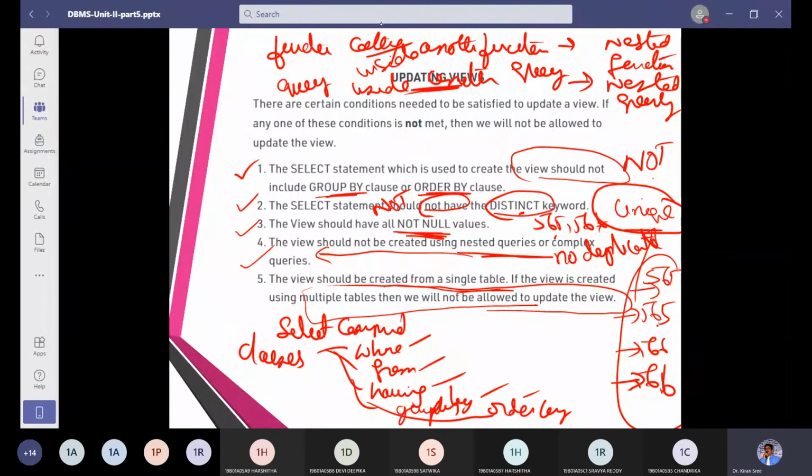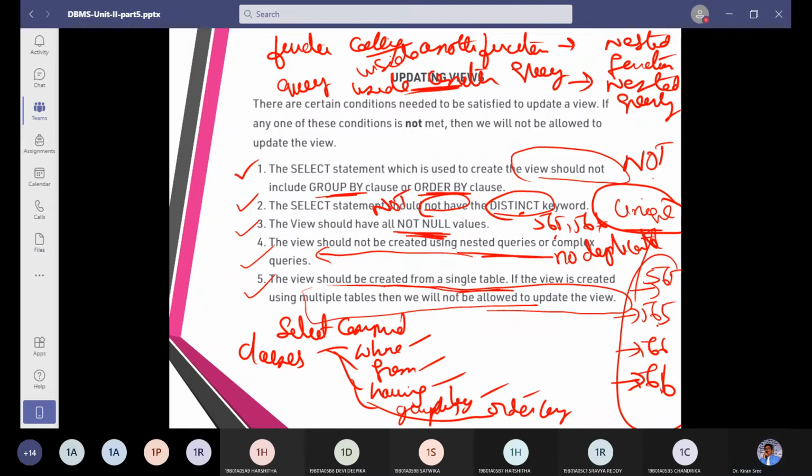Rule number 4, no nested queries. Rule number 5, no multiple tables usage for update. If I want to update a view, I should not use multiple tables. Okay, these are the 5 conditions.